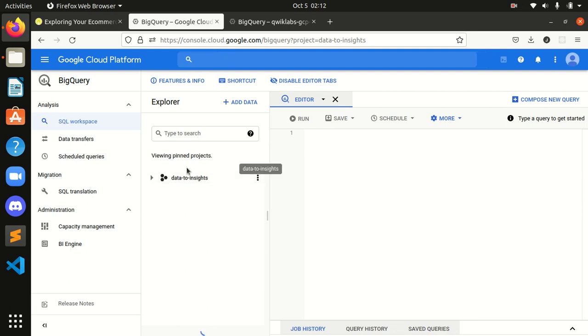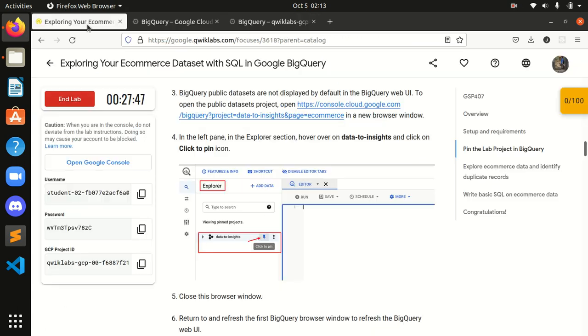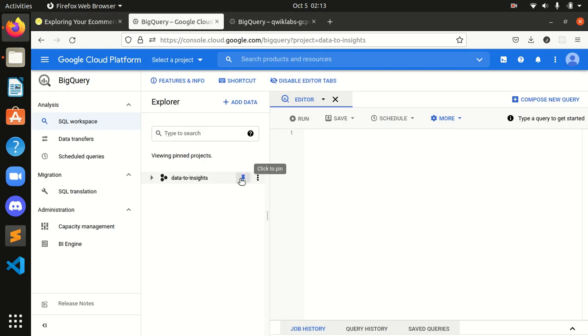As you can see the datasets now, earlier the dataset named data-to-insights wasn't available. It is available over here. Hover over the dataset and click the pin icon. I will click on pin.